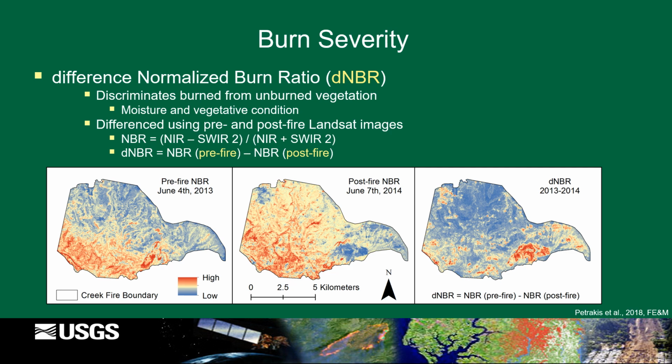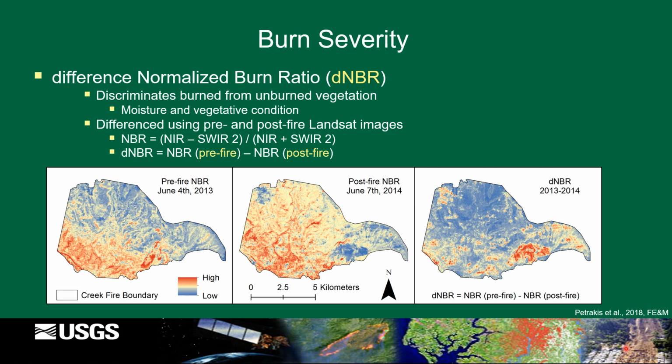First, to measure fire severity, we use the Difference Normalized Burn Ratio, or DNBR. This index is commonly used to discriminate between burned and unburned vegetation. It provides a quantification of remotely sensed burn severity, particularly for the canopy. So essentially, it's a metric of remotely sensed burn severity and may differ slightly from on-the-ground conditions. To produce a DNBR product, we developed pre- and post-fire NBR images using the near-infrared and shortwave infrared bands and Landsat images. You can see the NBR equation listed here. The DNBR is ultimately the difference between these two images.